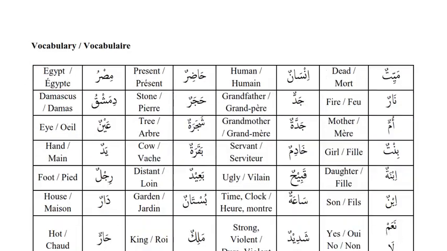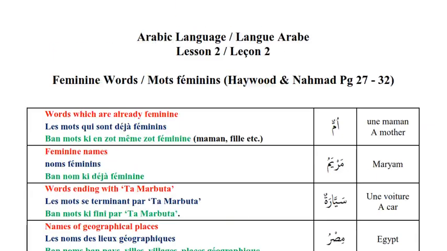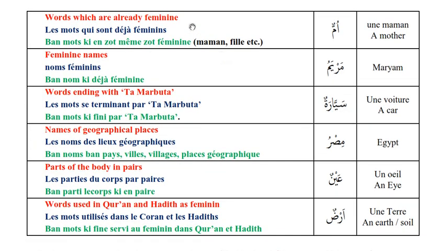Okay, so inshallah, as a recap, we can say that we have 6 categories of feminine. First, we have words which are in themselves feminine. Second, we have names of feminine gender. Third, we have words ending with tamarbuta. We are going to have exceptions later on. Fourth, we have words of countries, places, villages, cities, towns. Fifth, we have parts of the body which are in pairs. And then sixthly, among others, we have words used in the Quran